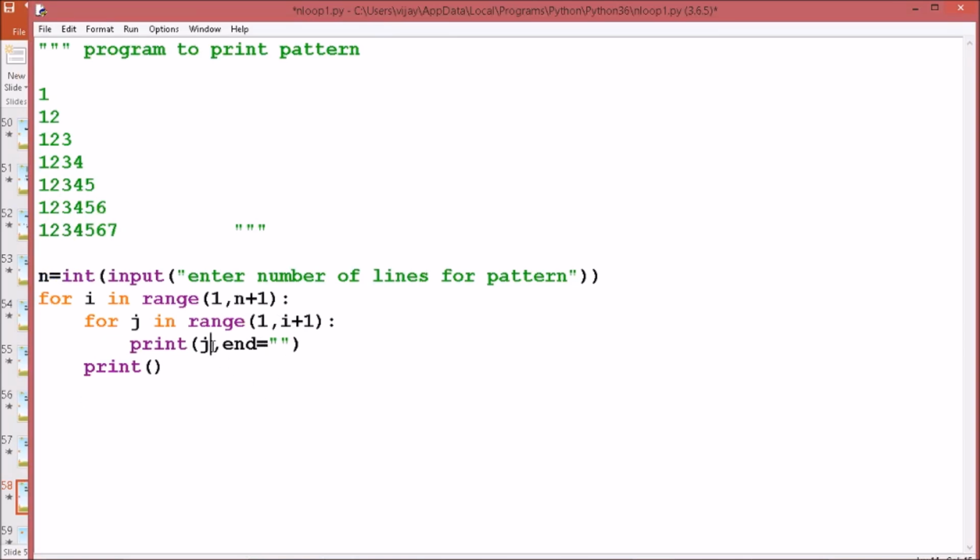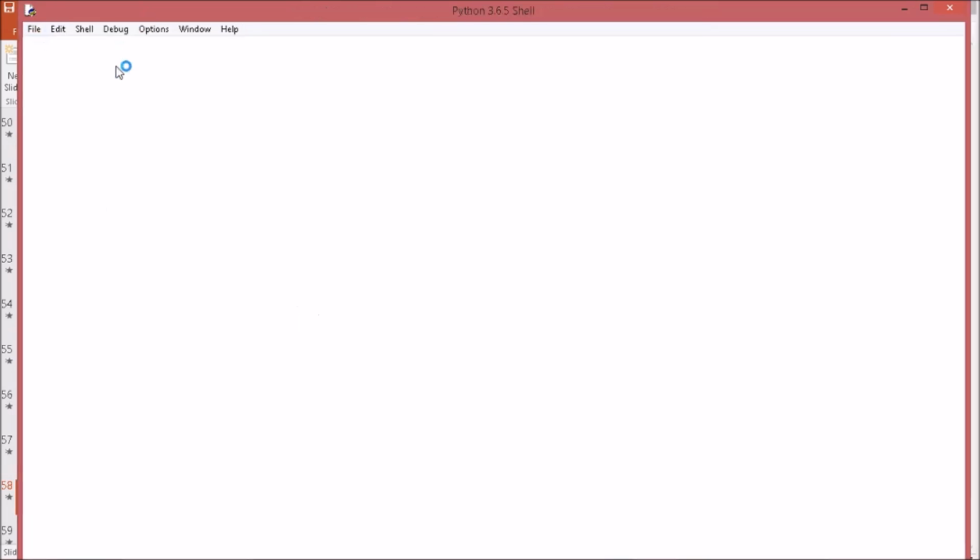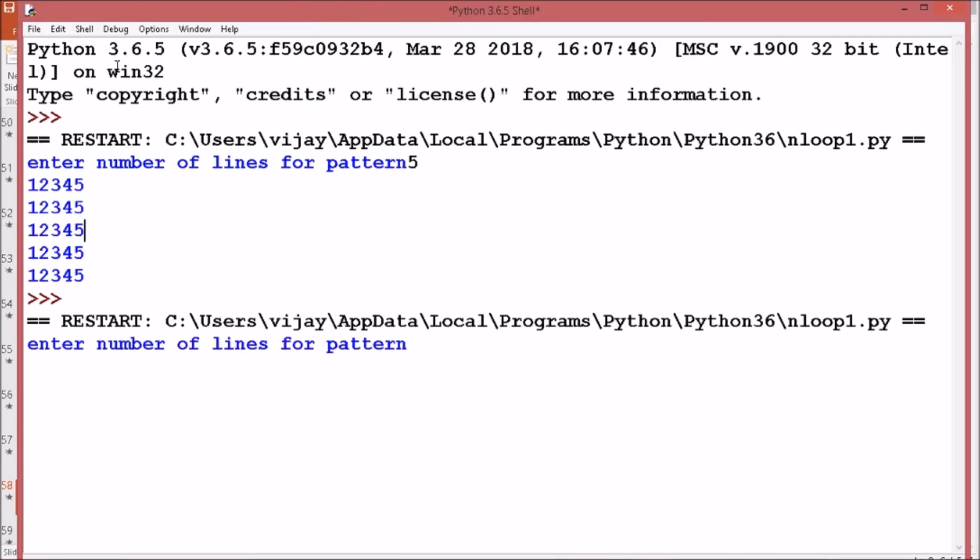And suppose now instead of this j, I write some character, suppose I write a star over here, and save. When I execute it and give 5 as input, now instead of printing the numbers, it is printing stars.